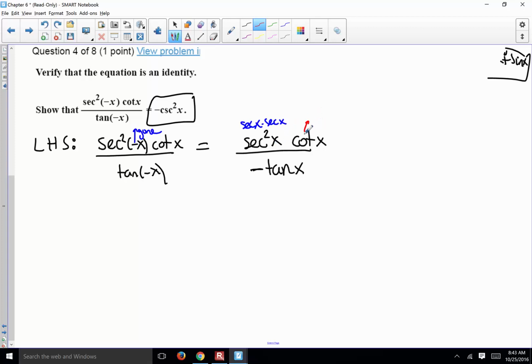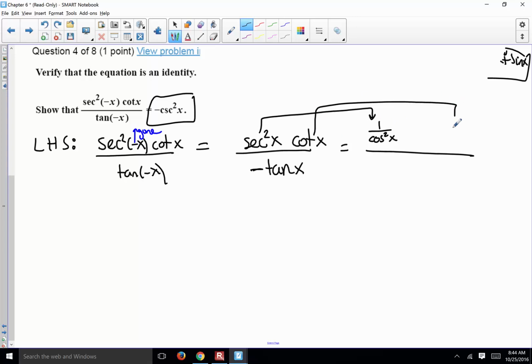It's a lot easier if you work with sine and cosines. Change here everything into sine and cosines. Like secant is 1 over cosine, but when you square it, it's 1 over cosine square, right? Cotangent is cosine over sine. Tangent is